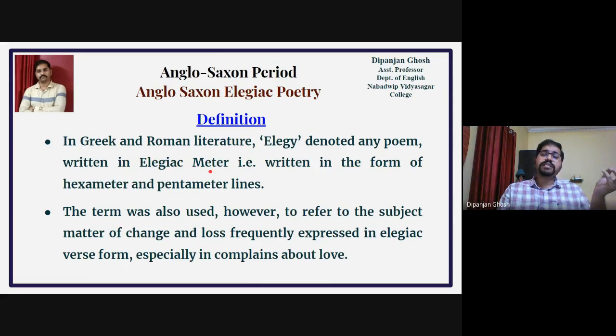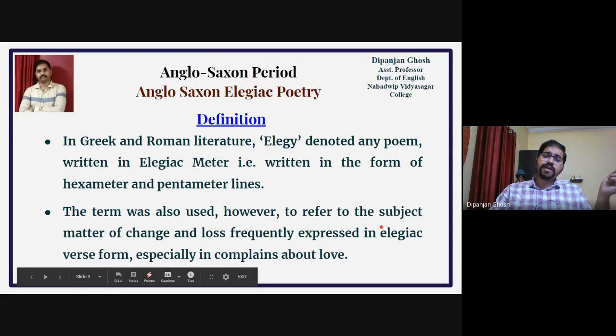So they considered that what we consider today, that elegy must have some reference to loss and separation. But in the ancient definition, we cannot find that particular thing to be present, right? So any particular poem that was written in hexameter and pentameter lines alternating was considered to be an elegy at the time. Now, the term was also, however, used to refer to the subject matter of change and loss frequently